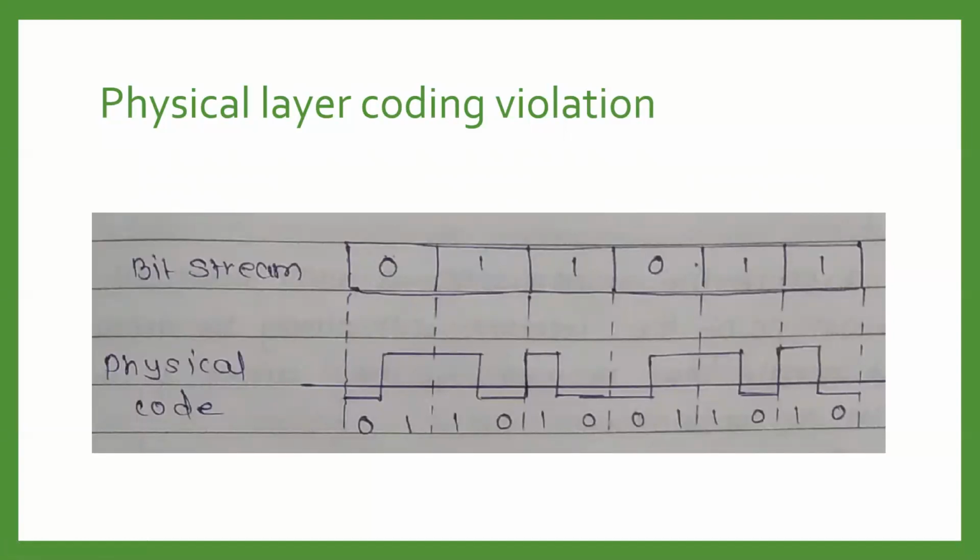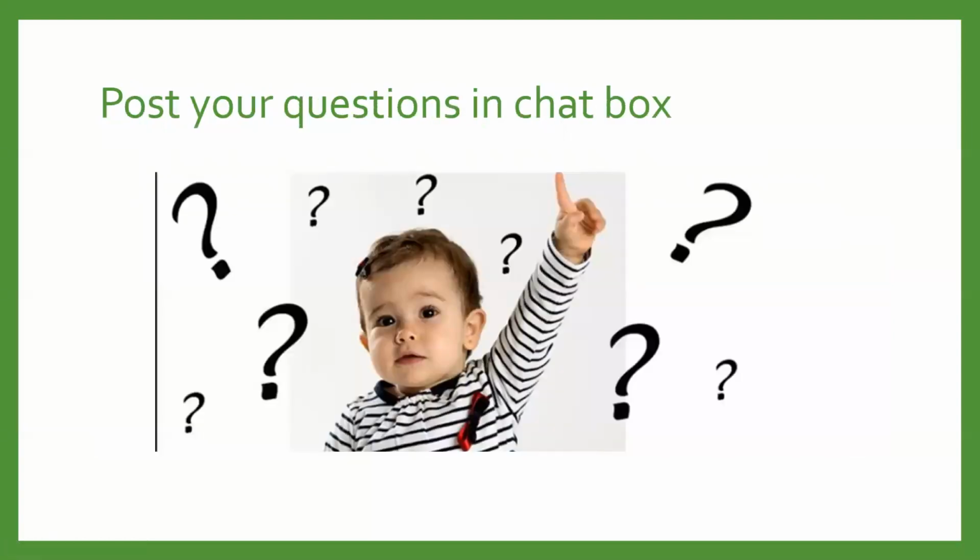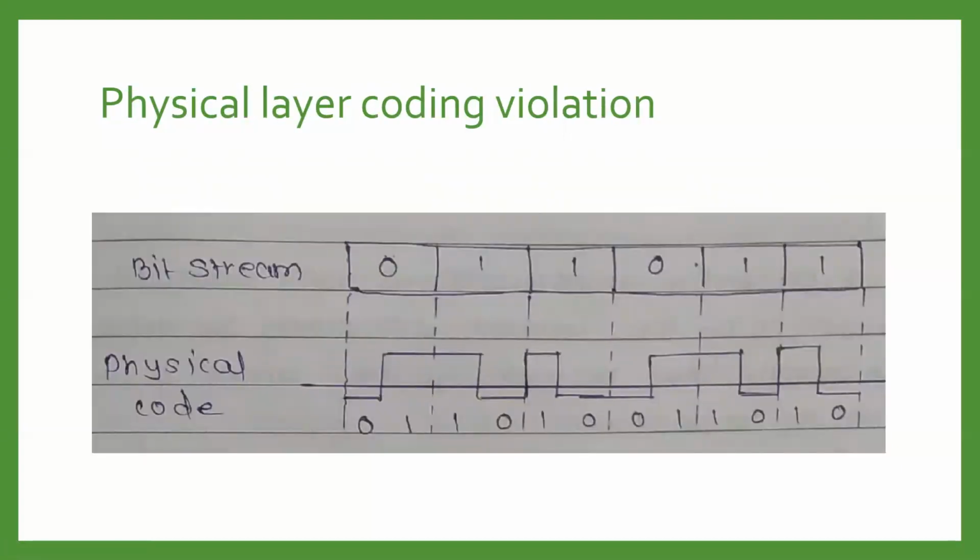Fine. Now, this is all about the framing methods. In the next part, we will talk about flow control, error control, and then we will move towards the error detection methods. I hope you understood the services and design layer issues of the data link layer, in which we have covered the services provided to the network layer, and then we saw framing methods. Thank you so much.